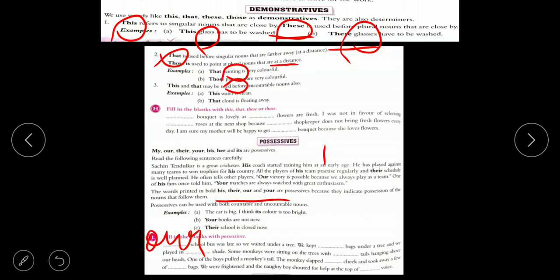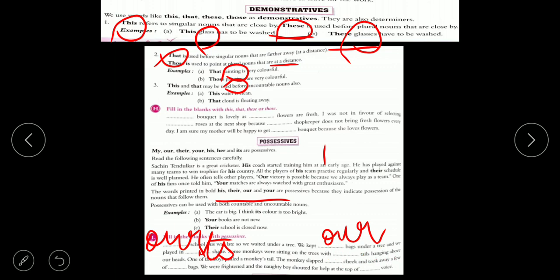We kept our bags under a tree and we played in its shade. What will come? Its. Its shade. Some monkeys were sitting on the trees with their tails hanging. There, T-H-E-I-R, with their tails hanging